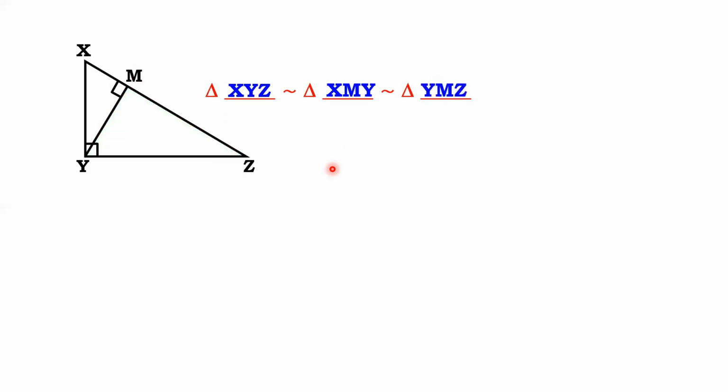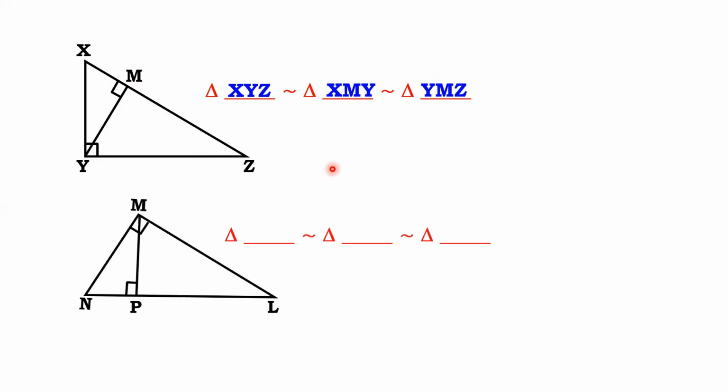I hope all of you have understood it. It's very, very easy. Let us see one more example. The original triangle is LMN or NML, whatever you can name it. So we have named it as LMN. The fourth point is P. So put this fourth point P between L and M.